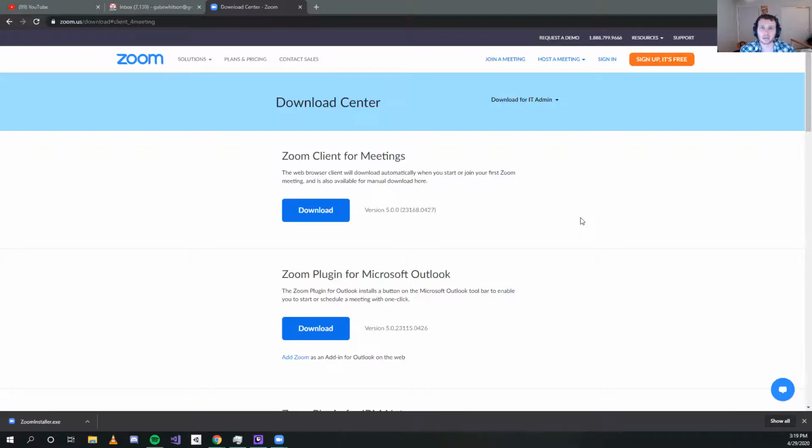I would recommend downloading Zoom and using it through the Zoom launcher. It's just going to be easier that way. And once you do that, it'll go ahead and pretty much automatically connect you to the meeting. Usually it'll show your picture first, your video, and then it will ask if you want to join with your computer audio. You're going to want to hit yes,